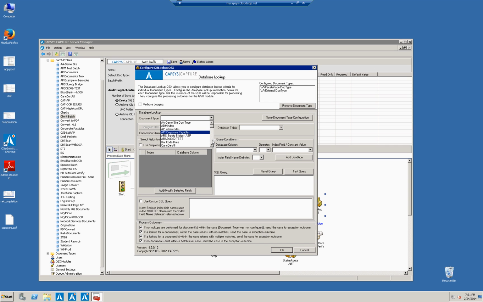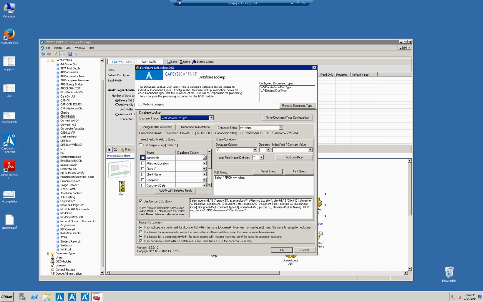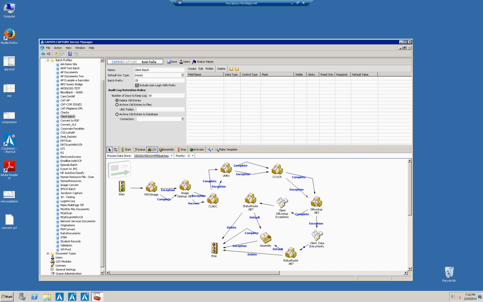So if I just take a look at the external doc type here, WV external doc type in my list, external doc type, there it is. You can see the SQL query that's being performed automatically. If there are any exceptions, we have all kinds of different scenarios to handle different exception scenarios. In this case, we say all exceptions go to a verification queue that is assigned to a user or group of users to review. If it does not have any exceptions, I send it to, in this case, another QC